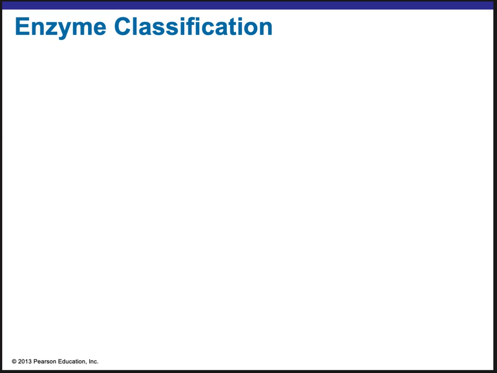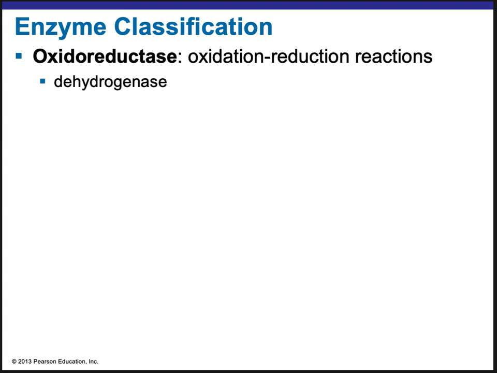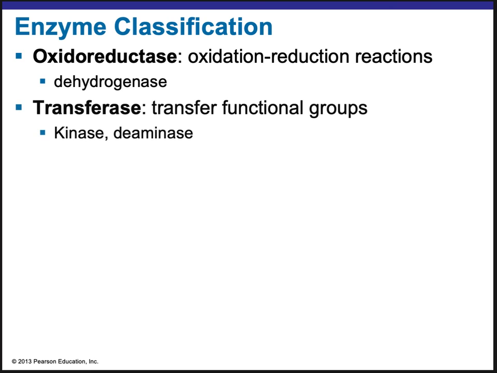All right, enzyme classification. So I'm not going to test you on this, but you might see these throughout the course and in other courses. So an oxidoreductase is an oxidation reduction reaction. It's the category of oxidation reduction reactions. Common ones are like dehydrogenase. You may have already heard of dehydrogenase in other classes. That's how common it is.